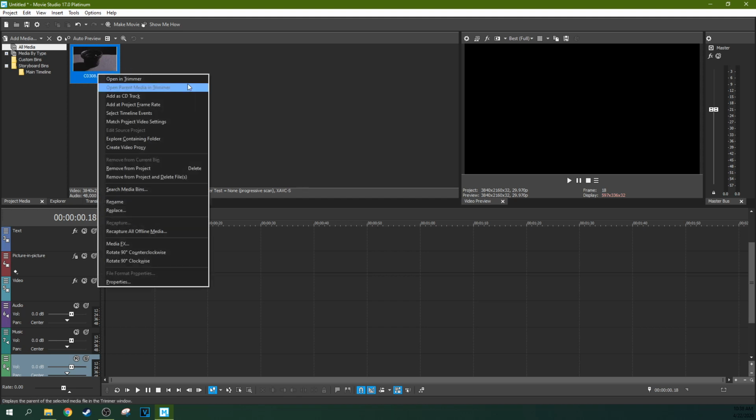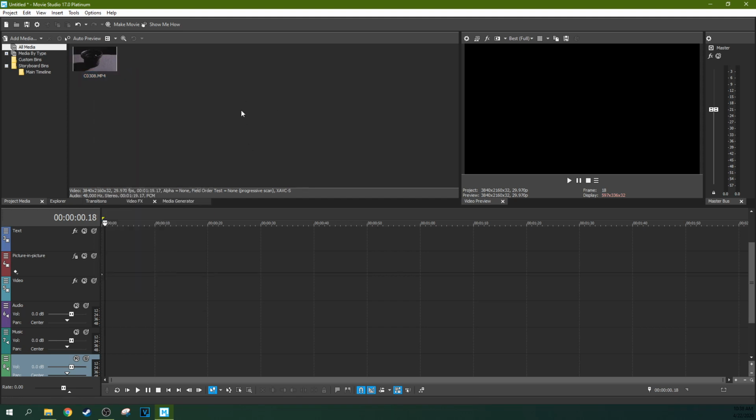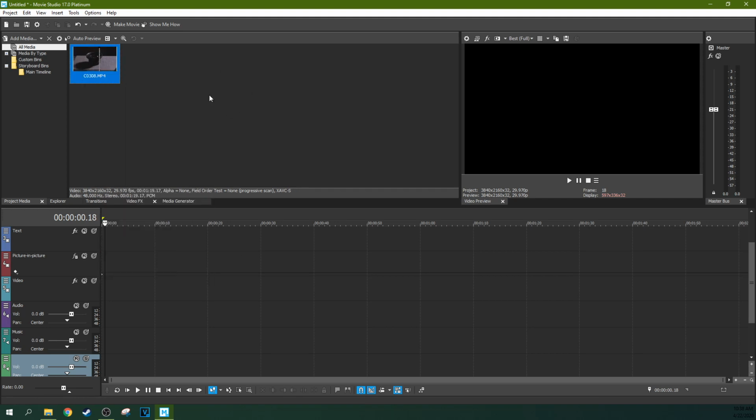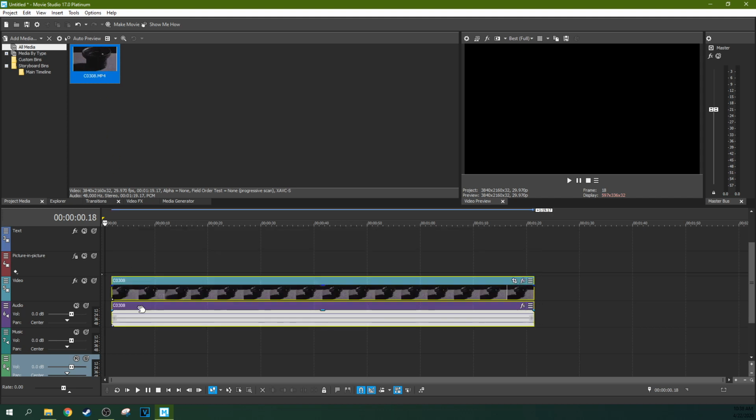You can right click and do lots of things here. This is a lot of information. I just want you to know that you can right click and get a context menu in this window as well. If you want it on your timeline, just drag it to your video track, and here you'll see the